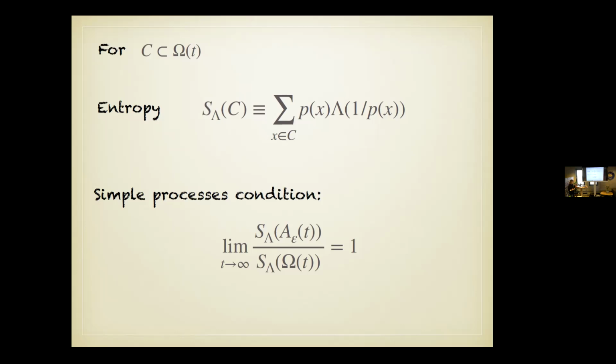This does not tell you that you could not have a process on a double exponentially growing sample space which is still simple. All we say is that you can construct processes for double exponentially growing functions which are not simple, which violate this condition,